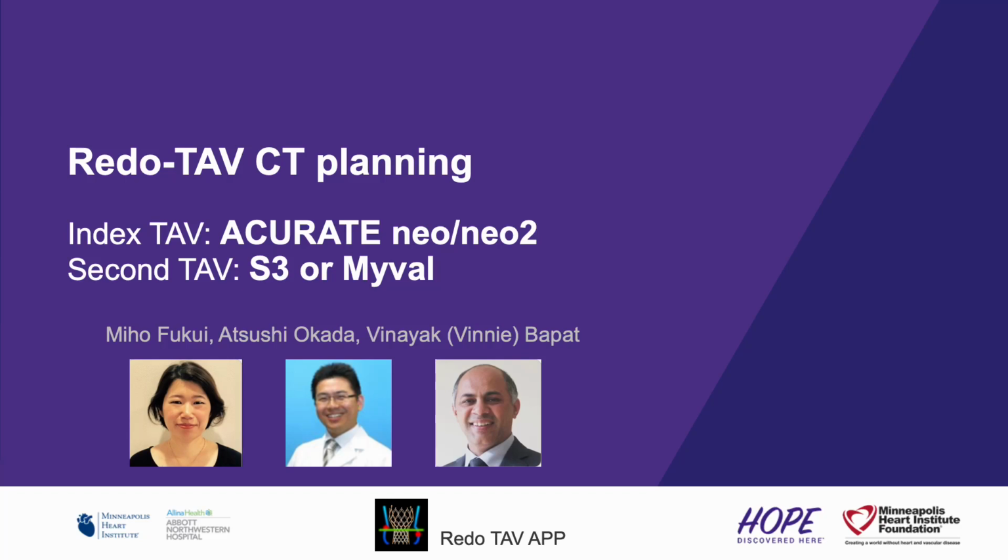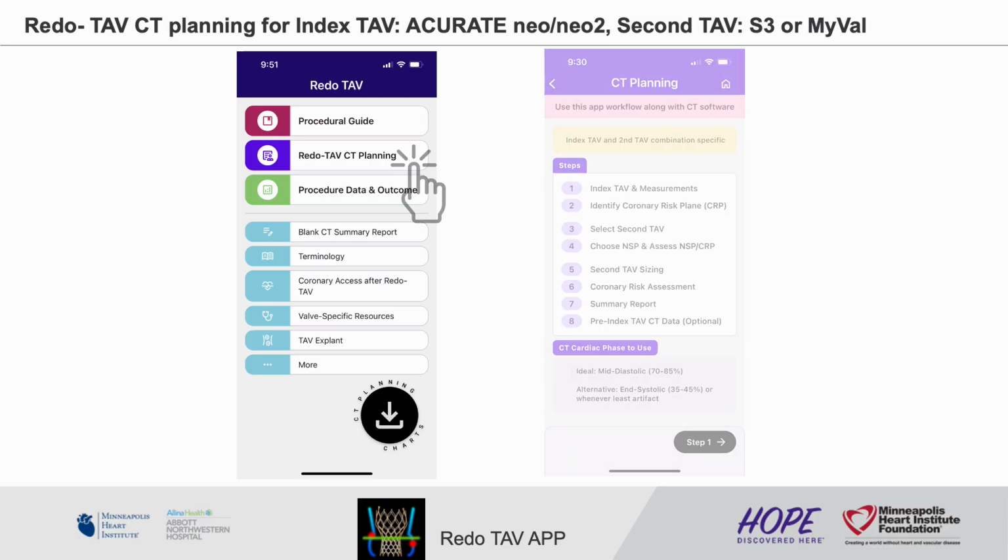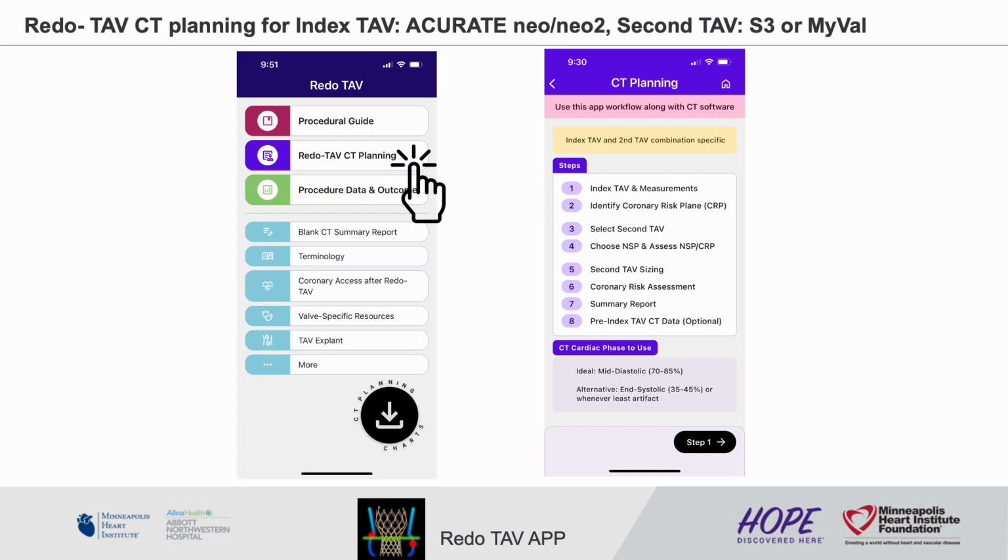This video shows you how to do pre-procedure CT planning using the Redo TAV app. For index TAV is ACURATE and second TAV is SAPIEN 3 or MyVal. When you click Redo TAV CT planning on the home screen, first you will get the overview of all steps